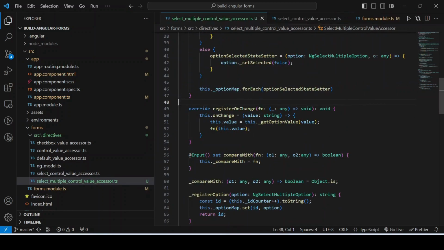So in the select multiple control value accessor, there is a method already defined, that is register on change, right? This is a method which ngModel invokes to register a callback. This fn is the function which is passed to register on change, and it is a callback function. Whenever there is a change in the multi-select, it invokes that callback with the updated value, right? So it reads the option value and passes it to the callback function, which is registered by the